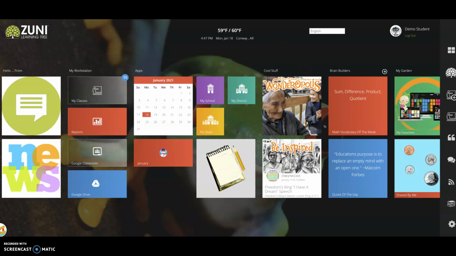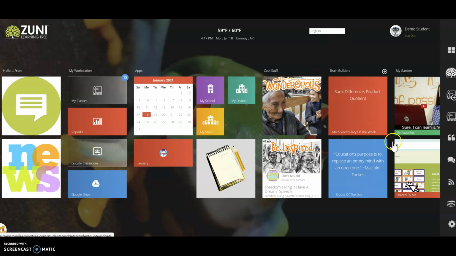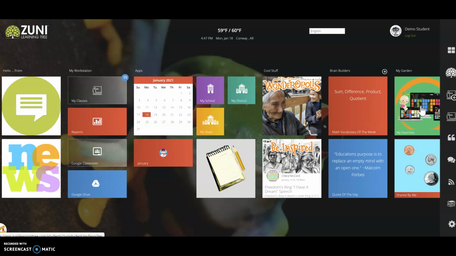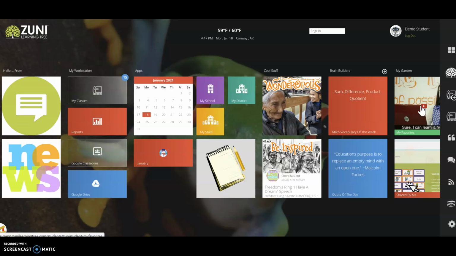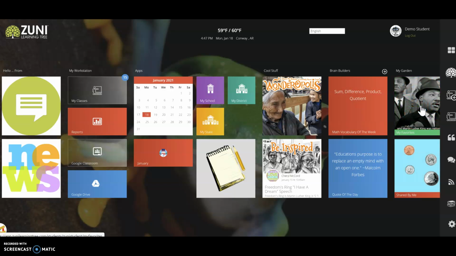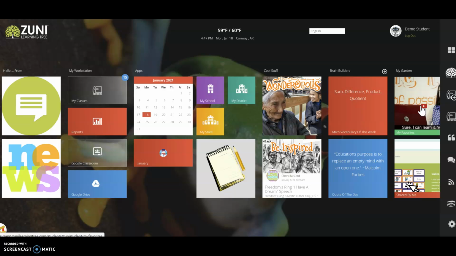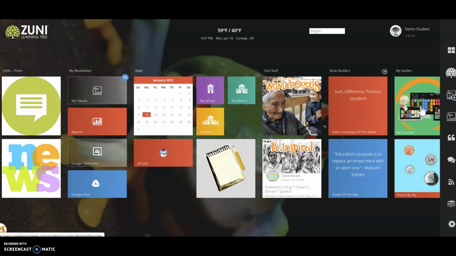Remember that if they go to a website, they can just click on this little extension, and it will populate it inside their garden, and they can share all the resources they find with you as well. So there are a lot of ways to interact and engage back and forth with students. It's a wonderful opportunity. Enjoy, have students explore, have some student agency, some student input in what resources they're finding, and give you feedback, have them annotate, and you guys can enjoy learning all of these great things together.